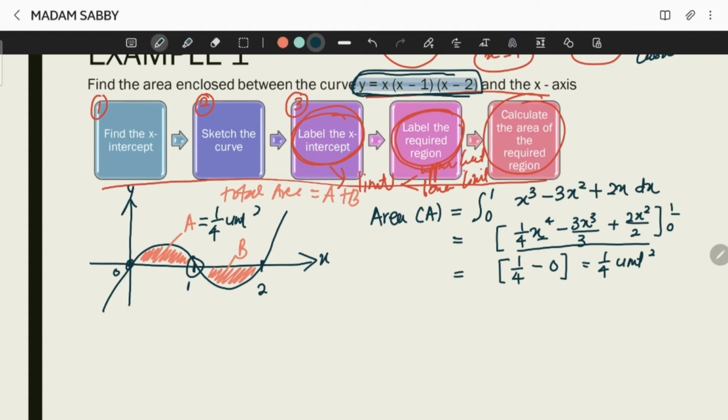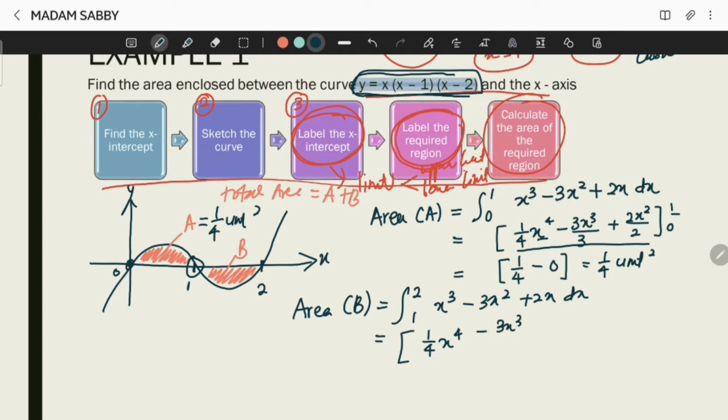So we need to calculate the area for region B. It will have the same function, but the upper limit now is not 1, but 2, and your lower limit is 1. So x cubed minus 3x squared plus 2x dx. So you integrate the function: 1 over 4 x to the power of 4 minus 3x cubed over 3 plus 2x squared over 2, and then close the bracket